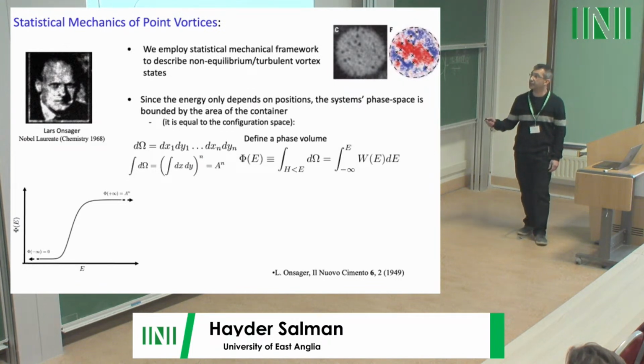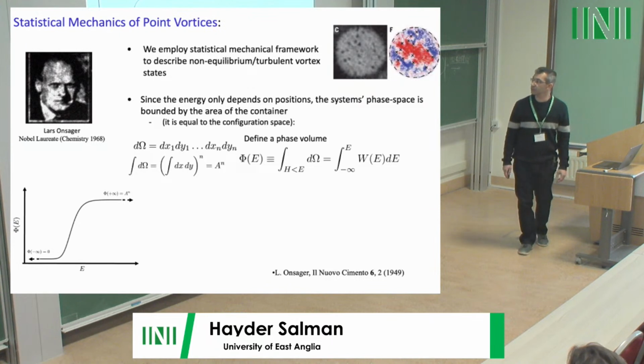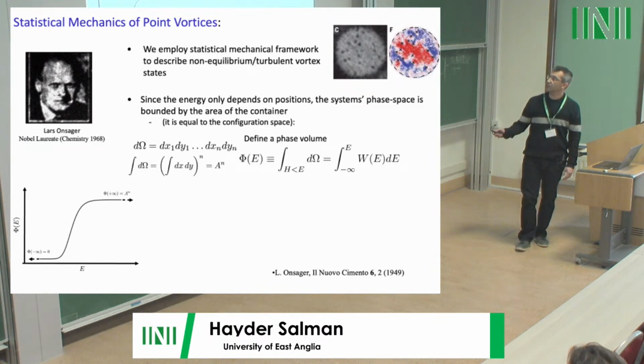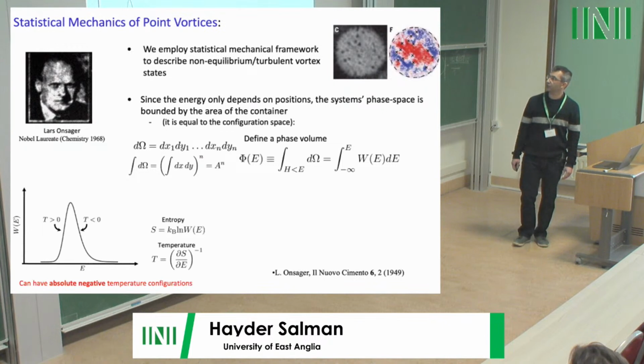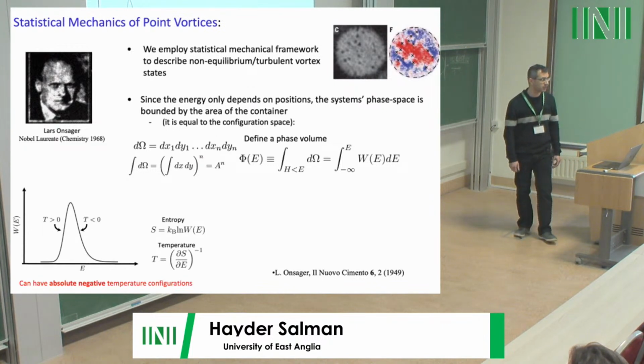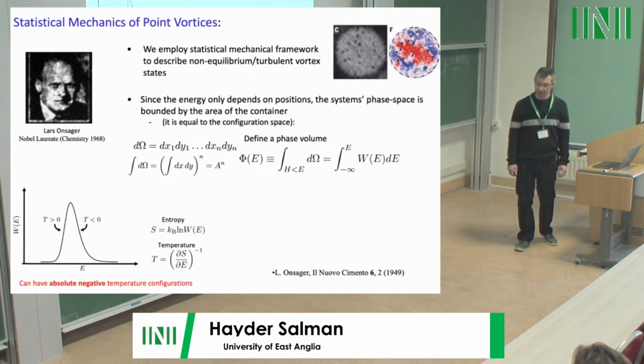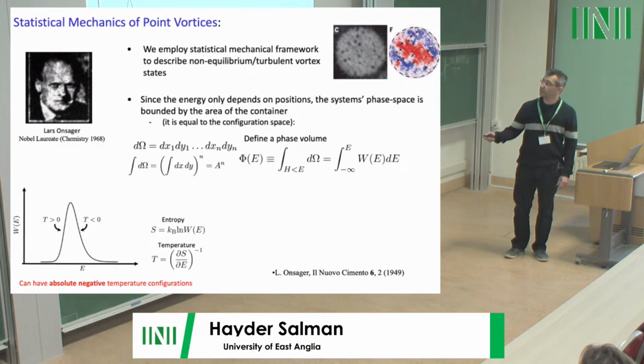and you can relate it to the statistical weight that usually is a quantity that appears in statistical mechanical descriptions. And so this phase volume, when you differentiate it to recover the statistical weight, will have this typical kind of feature here, which is rather peculiar, because on the left here, there's a positive slope,